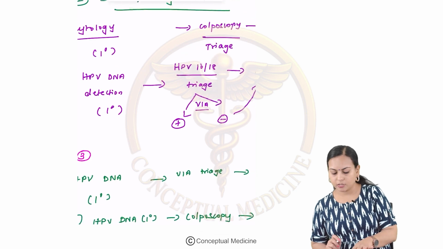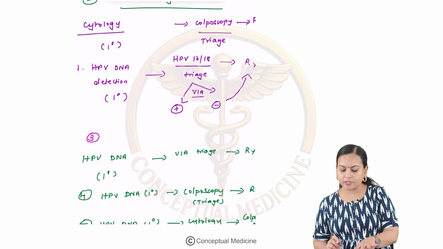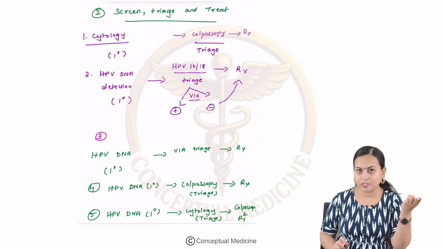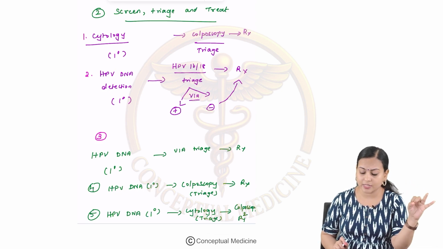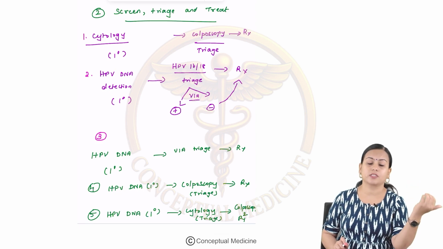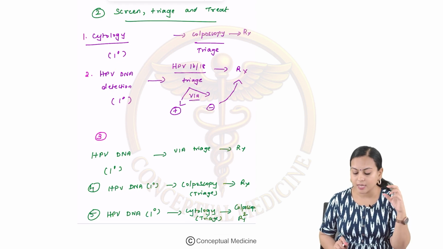So these are the various options where screen, triage and treat can be done. First, you can offer them a simple cytology that will be followed by colposcopy triage and you can treat them. Second option, HPV DNA detection can be done as a primary screening investigation, and triage can be done by checking which HPV infection is present, whether 16 or 18, then according to